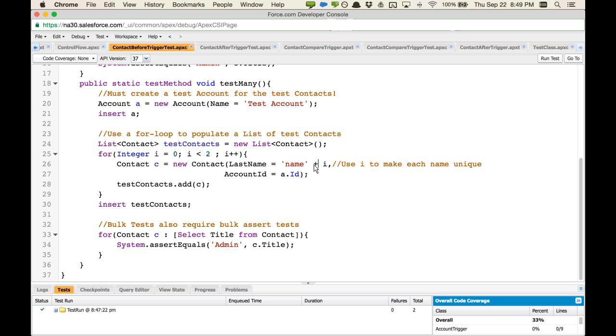And just because I want each name to be unique, I'm going to take advantage of the fact that I is going to change every time through the loop. So it's going to start out as name 0, then name 1, and then name 2. Well, nope, name 2 doesn't work because that's when it would exit the loop. But then I also assign it to my account. So I use that same account over and over again. And then finally, I add it into my list of contacts that I prepared